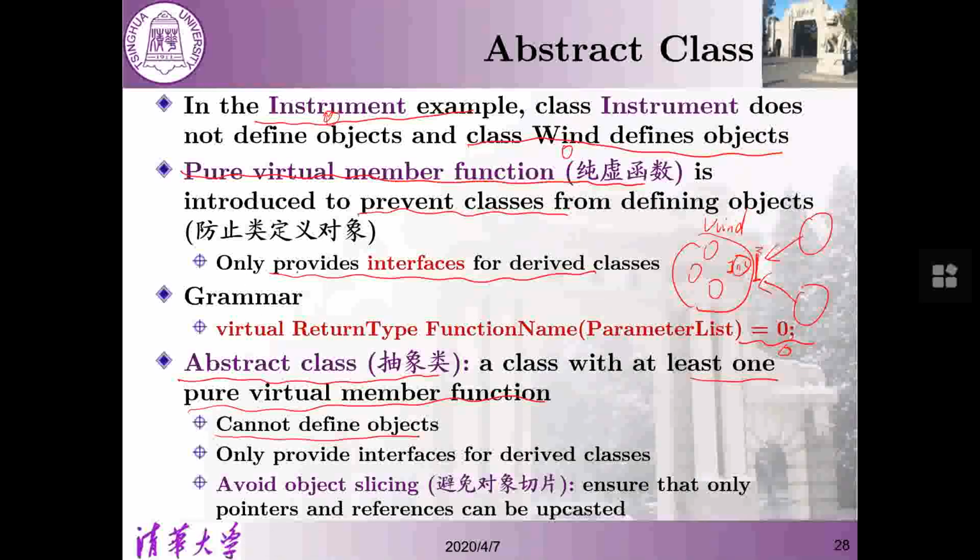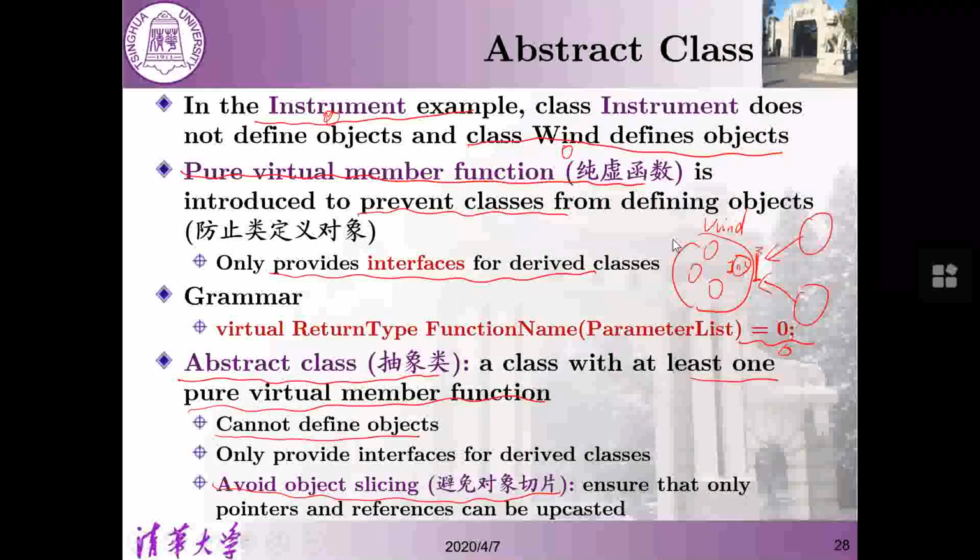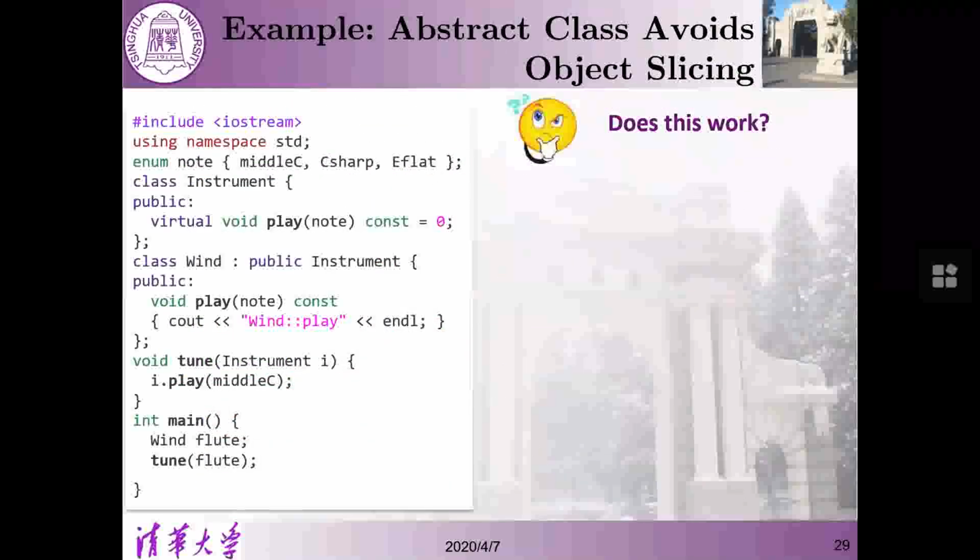It only provides an interface for derived classes, and in this way, we can avoid object slicing, because we can avoid objects being passed. For example, if we have this function,